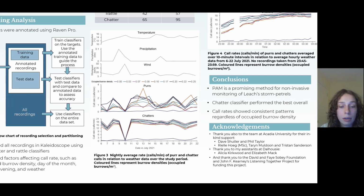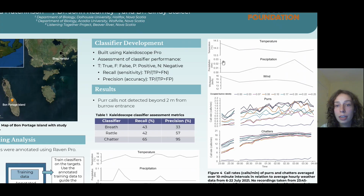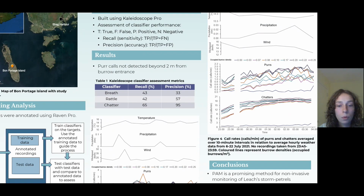The per call rates varied, with the higher densities generally having the highest values, and the chatter call rates from all the burrow densities seem to follow the same general pattern. As expected, the control plots had the lowest values for both call types, indicating that the data was fairly reliable. Looking to Figure 4 now, we can see that throughout the 5-hour nightly recording period, the average temperature